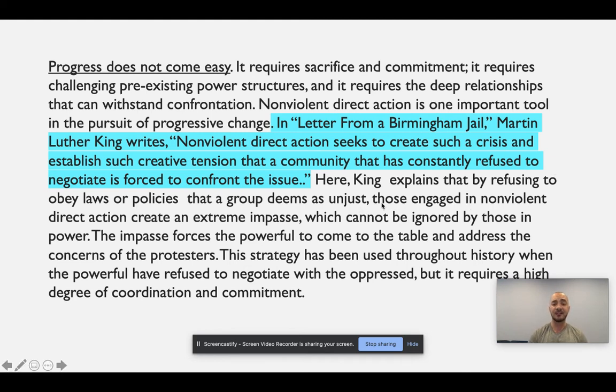The following sentences essentially paraphrase or break down what the initial quote meant. And then finally, the last sentence begins to indicate that this is a strategy that is still relevant, and then we might introduce a contemporary relevant example. So if you were to continue the paragraph, you might talk about the way that over the summer, Black Lives Matter protesters occupied highways and public buildings